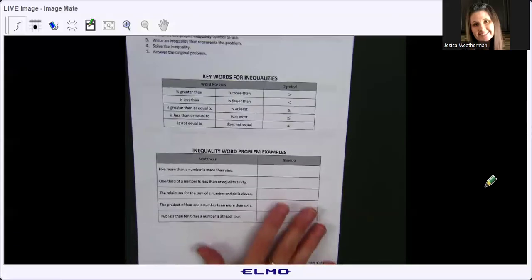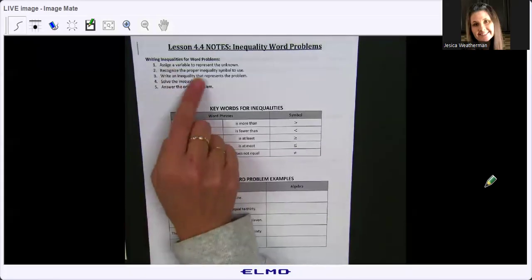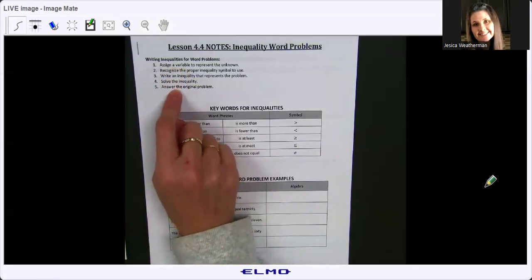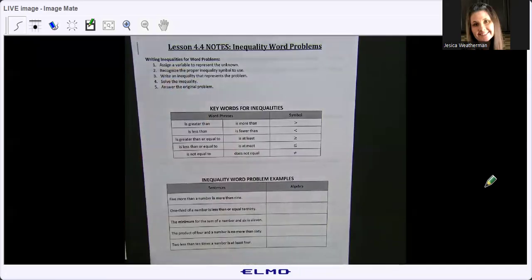Okay, so inequality word problems. Here's just some steps to writing our inequalities. So assign a variable to represent the unknown. I know a lot of you do not like to use a variable other than X or Y. But a lot of times when we're creating equations or inequalities and word problems, it's good to assign a variable